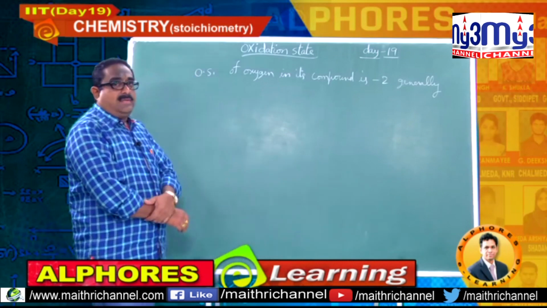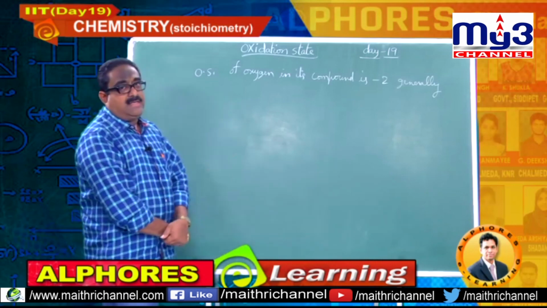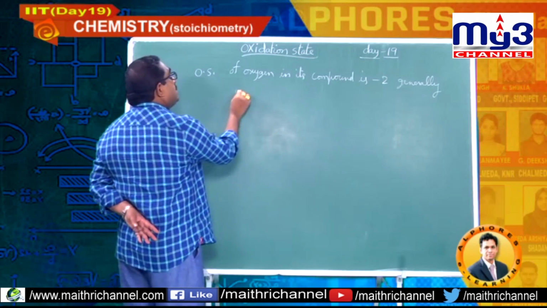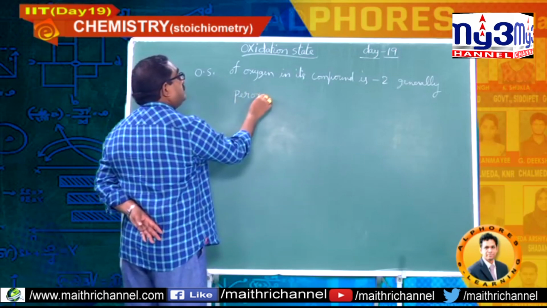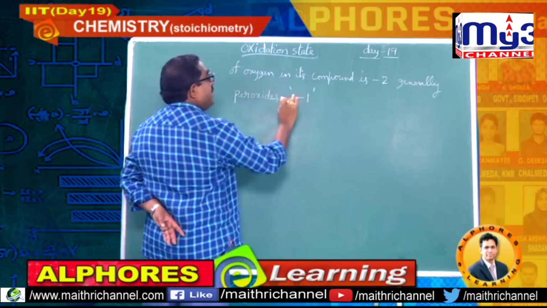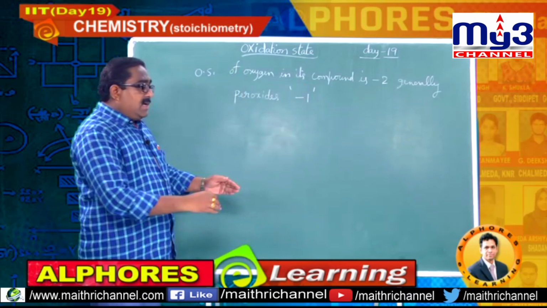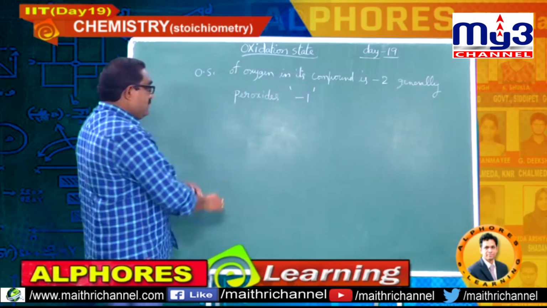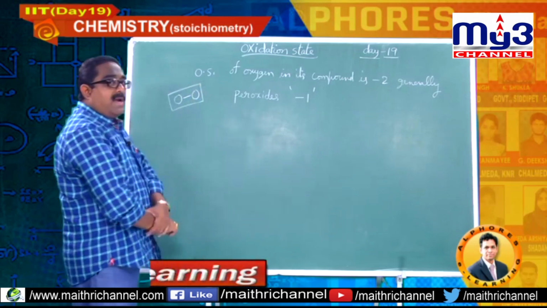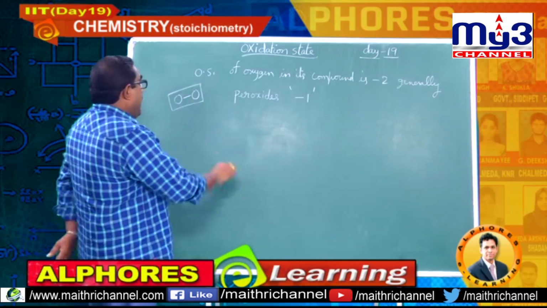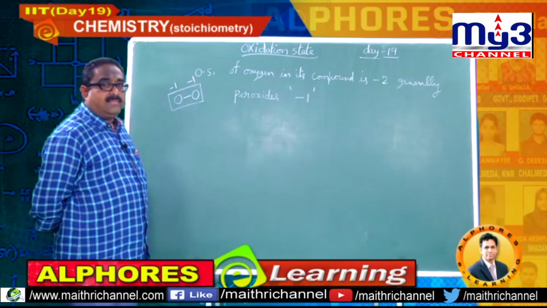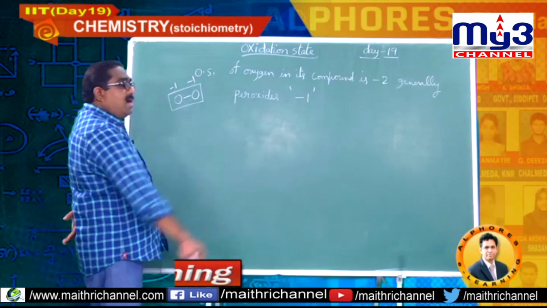Let us discuss the different possible oxidation states of oxygen. Out of them, first I am going to take peroxides. Note down, students: in peroxides, the oxidation state of oxygen is -1. The next doubt is, what is a peroxide? An O-O single bond is called a peroxy bond, where the oxidation state of both oxygens is -1.